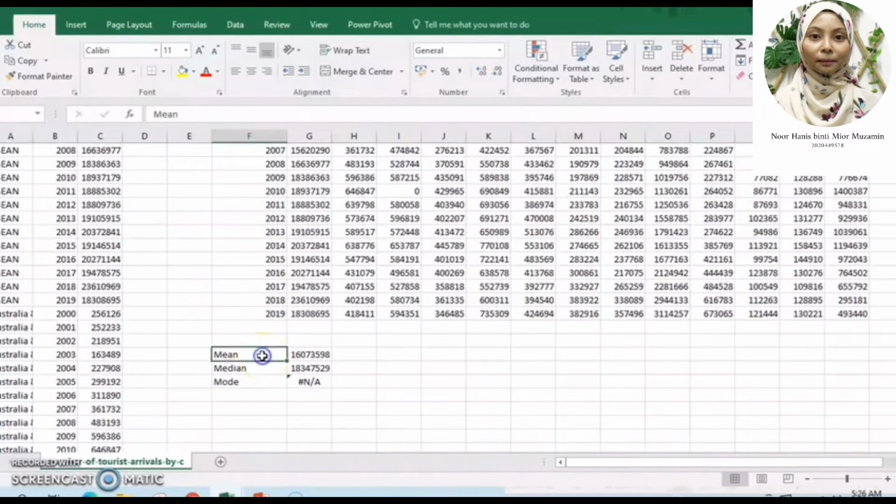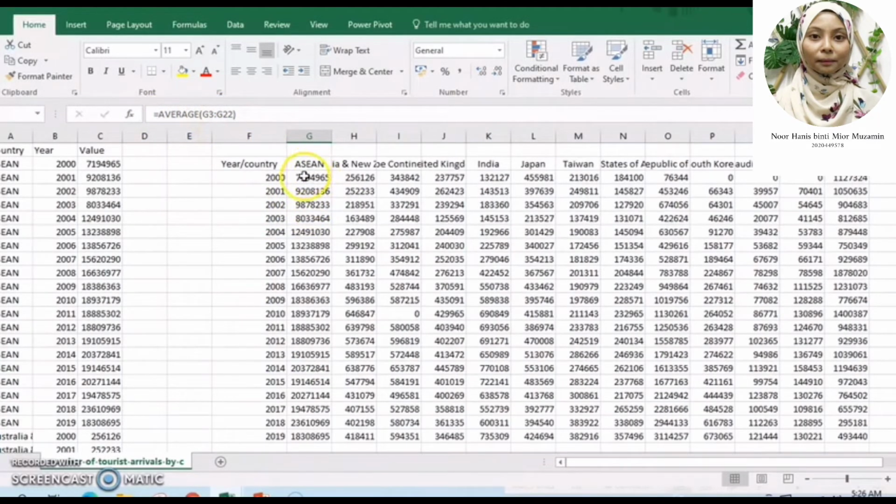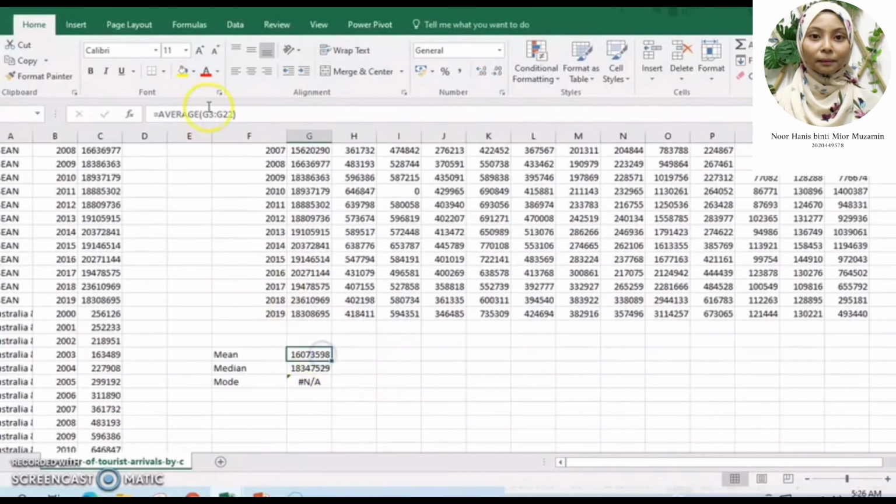So now I'm going to show how to calculate mean, median, and mode. Okay, so for mean, the formula is AVERAGE, and then select the range, for example ASEAN, and then click enter. So you get the answer